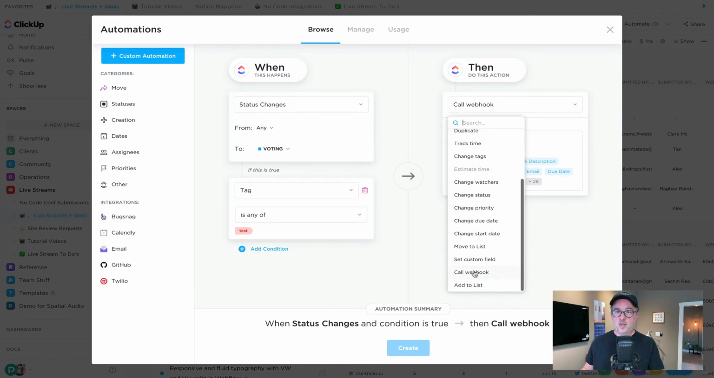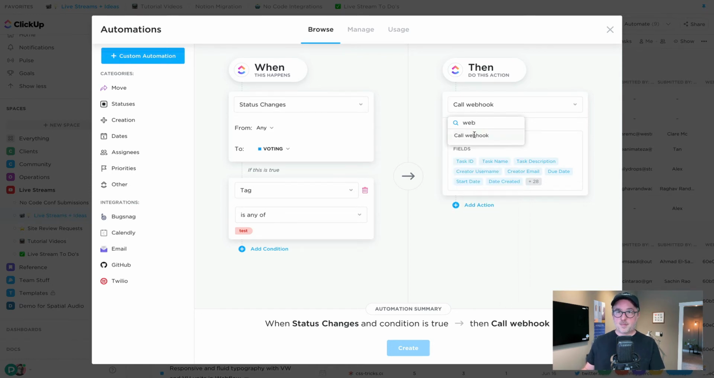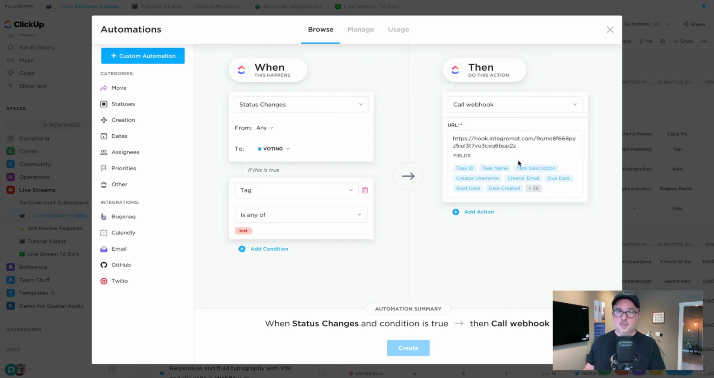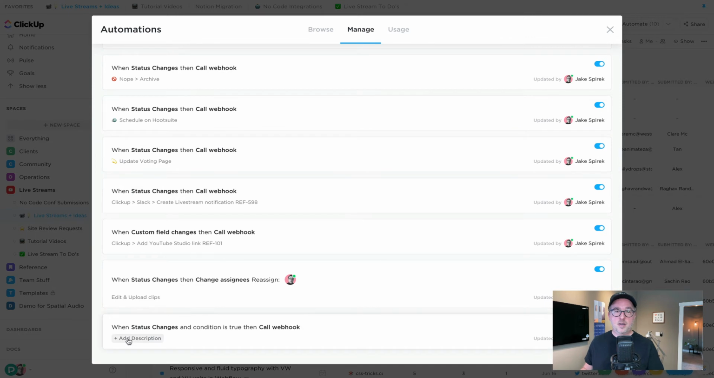So you just scroll down here, webhook, or just start typing. And then you paste that webhook. One thing that's actually kind of cool if you're using different types of webhooks is you can add query parameters here. So I could do like task equals. If all you wanted to do was pull in the ID like that. I'm going to leave it like this just for this demonstration. So I'll hit create, and then I'll come down here and add my little description,